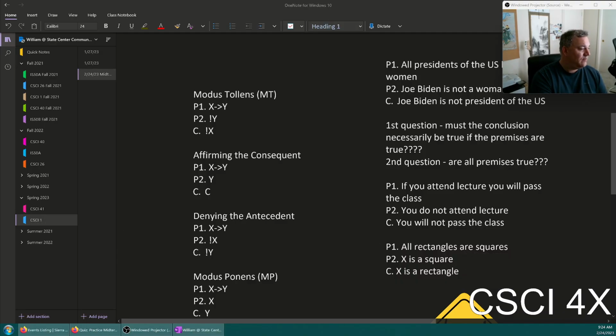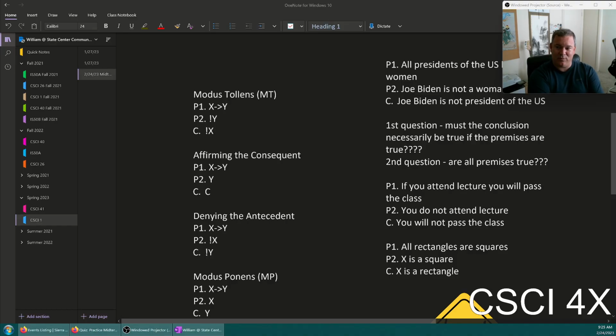All right, we have a bunch of votes for sound. We have 1 vote for invalid. This is invalid. All humans are mammals. X is a mammal, therefore X is human. No. Doesn't work. Even if premise 1 and premise 2 are both true, the conclusion does not follow from that.